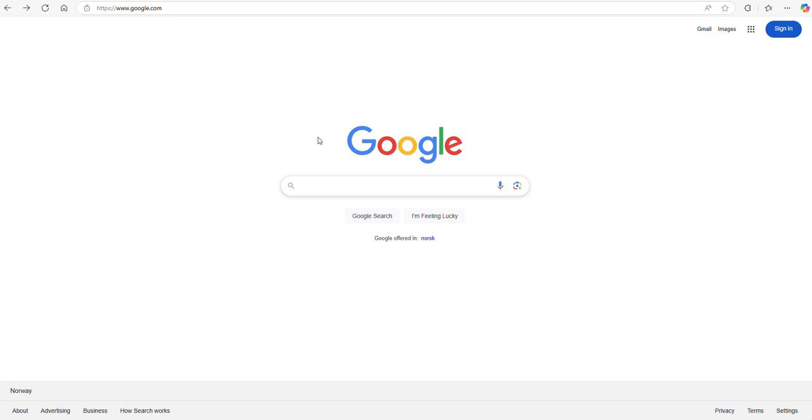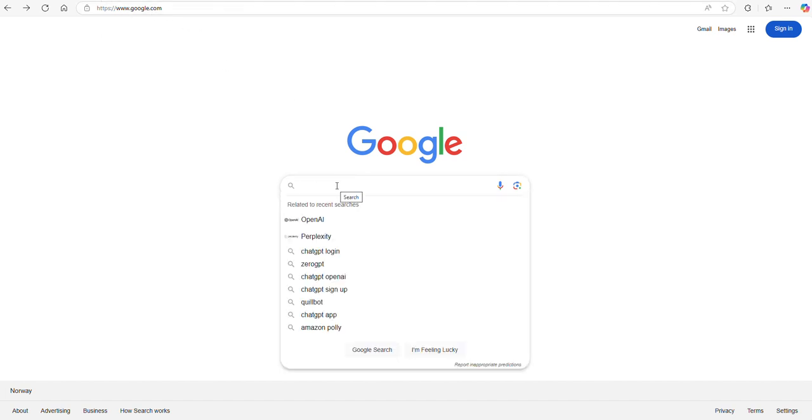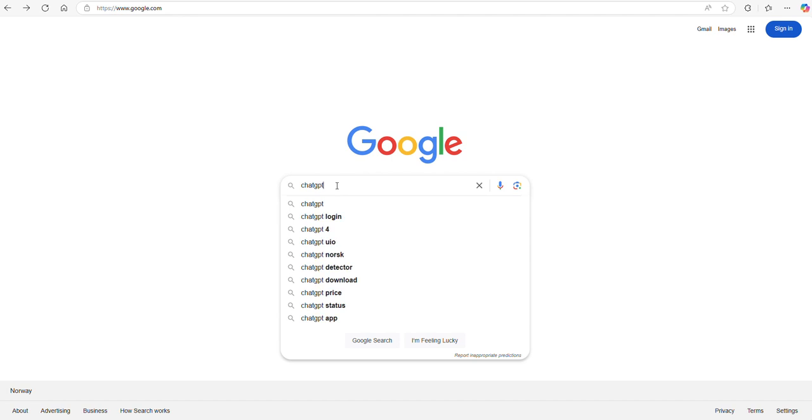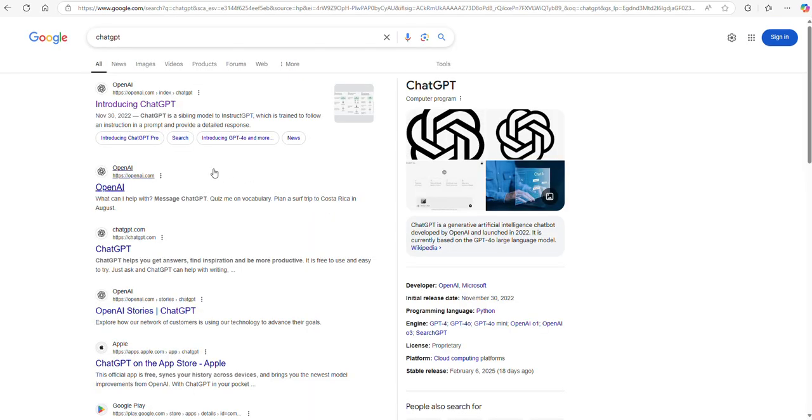Today I want to introduce in a very easy way how to use ChatGPT in the best way. But first I'm going to show how we install or how we get to ChatGPT through the internet. So if you just Google search ChatGPT and then start with the ChatGPT introduction part,